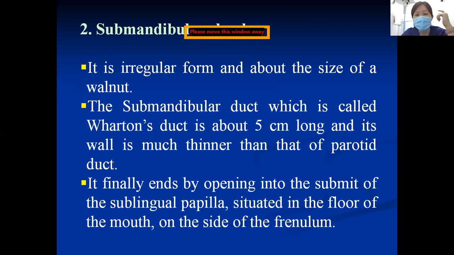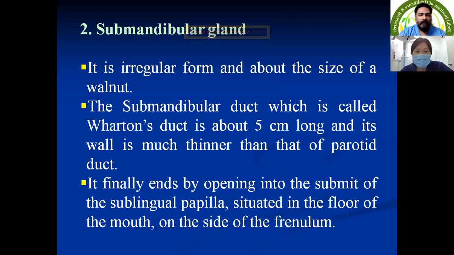The next is the submandibular gland. It is irregular in form and about the size of a walnut. The submandibular duct, which is called Wharton's duct, is about 5 centimeters long and its wall is much thinner